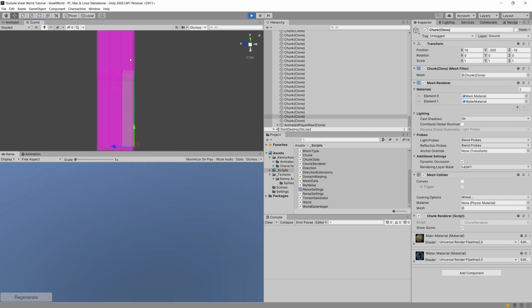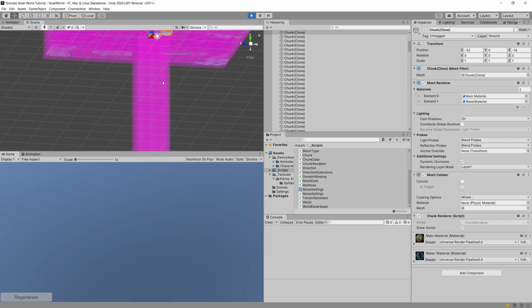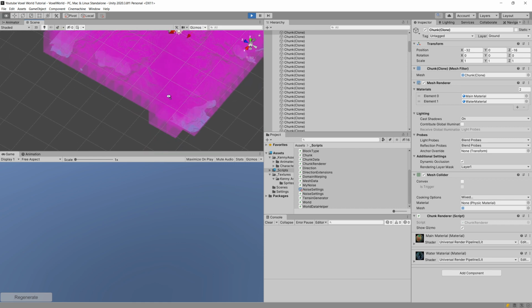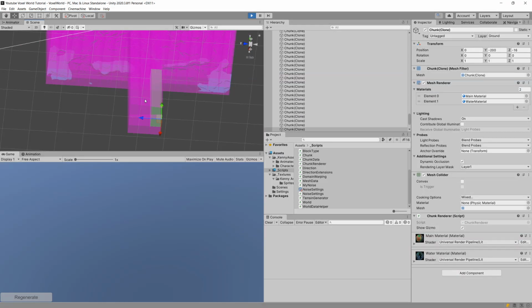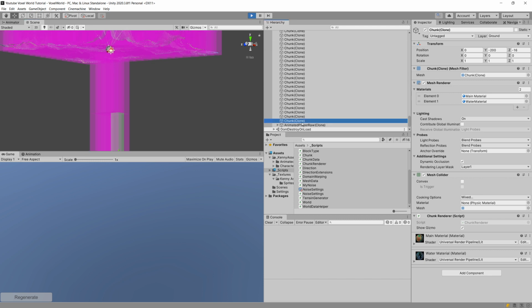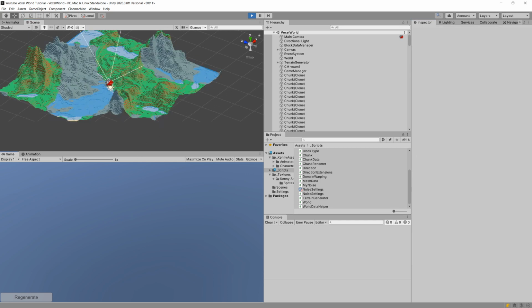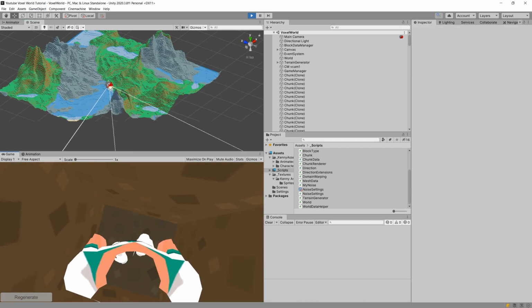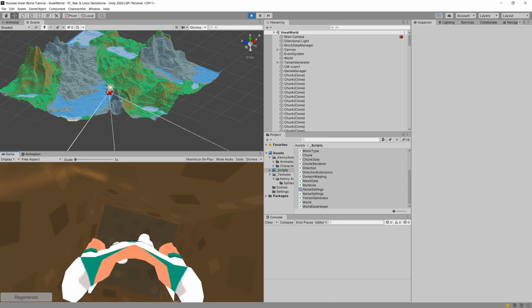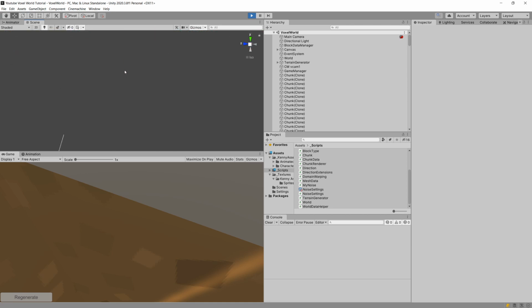So this is the second level, this is the first level of the underground terrain, and those are our chunks at the top. So we have those chunks rendered correctly, and all of those are set to be dirt. We do not render anything, we can only show this gizmo. So we can disable those gizmos, and now let's select this chunk render script and disable those. And in our game view, we should be able to now dig into the ground without any issue, because we have those chunks loaded correctly underground, as you can see.